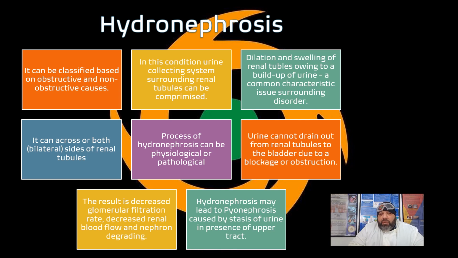To begin with, hydronephrosis can be classified based on generally where there's an obstruction: obstructive causes, where there's obstruction, and non-obstructive causes relating to the area in and around the renal tubules and tract. In this condition, specifically, the urine collecting system